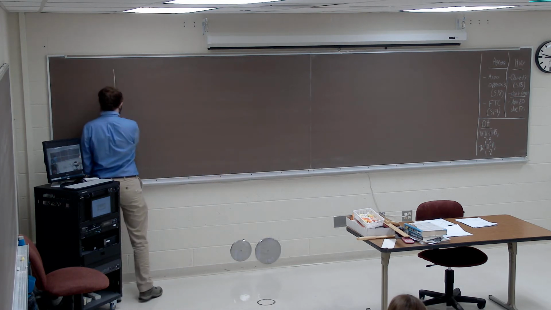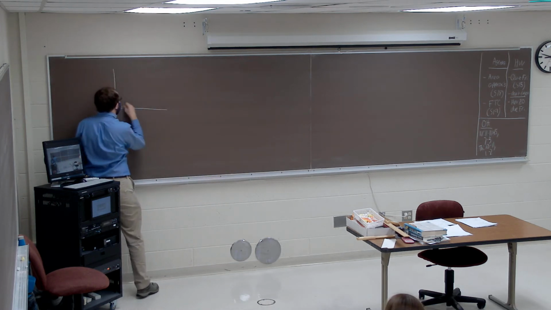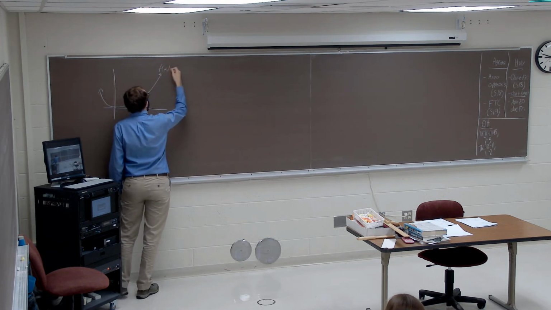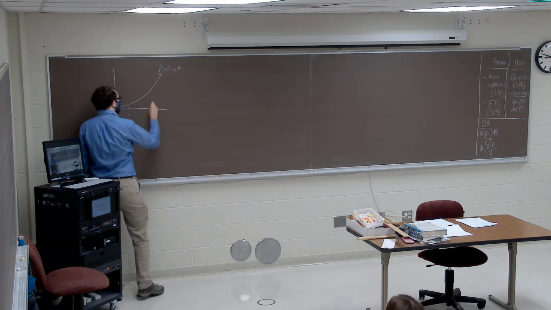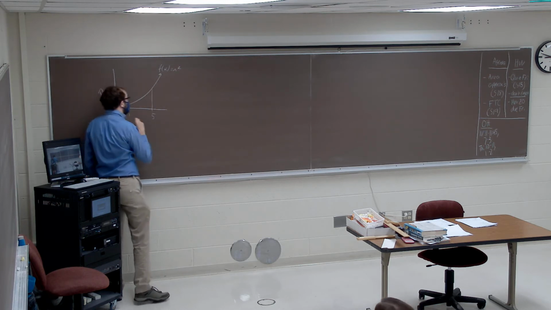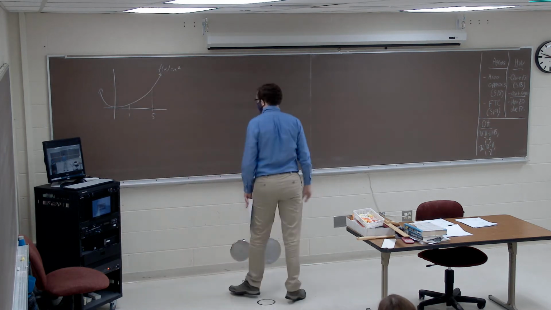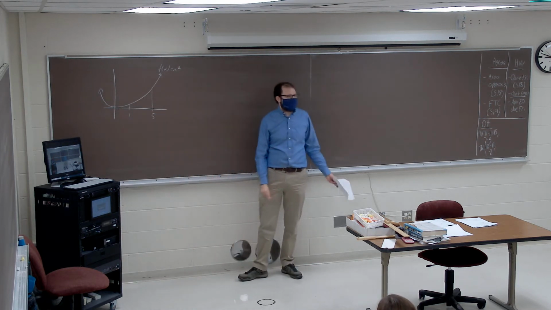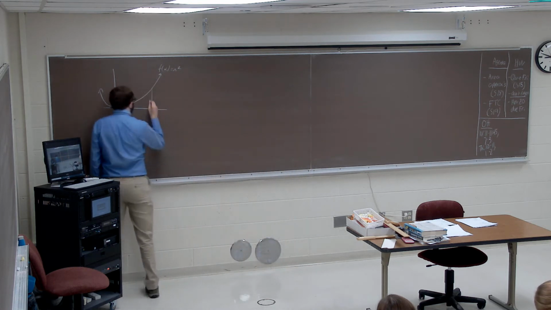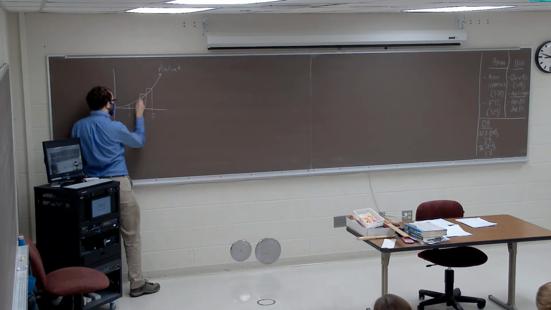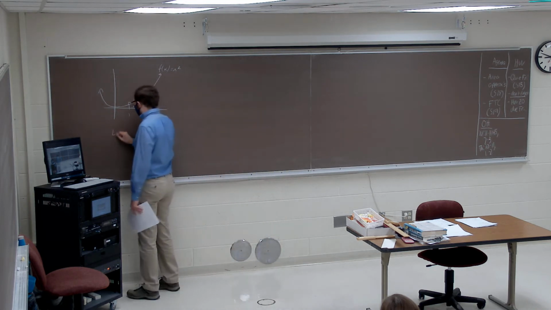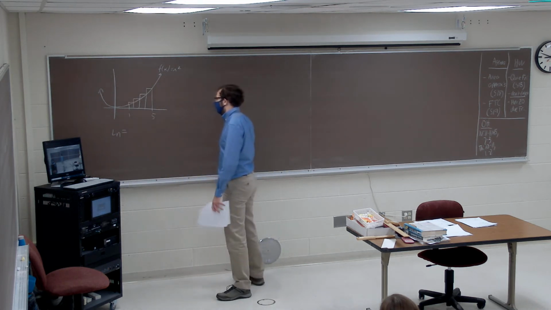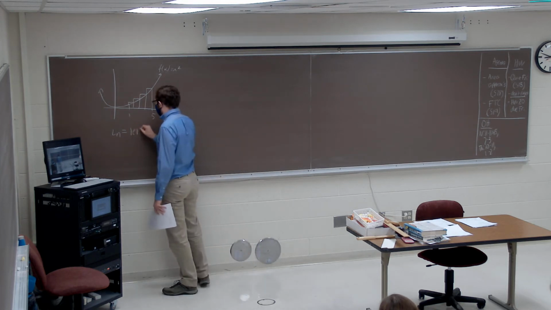Specifically, if you're given some function f of x, and I think the function we looked at last time was x squared from 1 to 5, you can approximate the area between the function and the x-axis by drawing rectangles whose heights are equal to the values of the function at various points between 1 and 5. And we said that L sub n is going to give us our left endpoint approximation